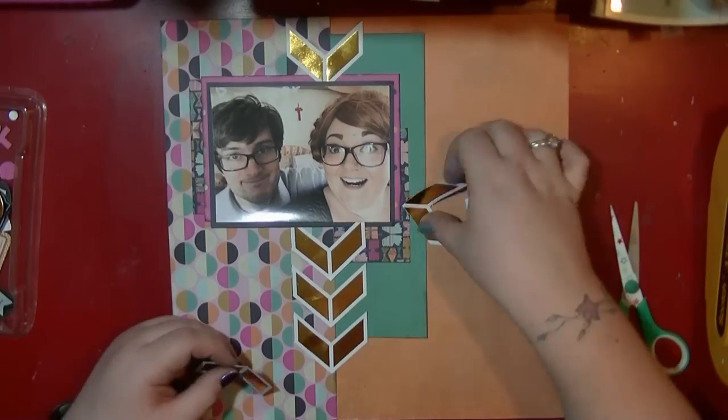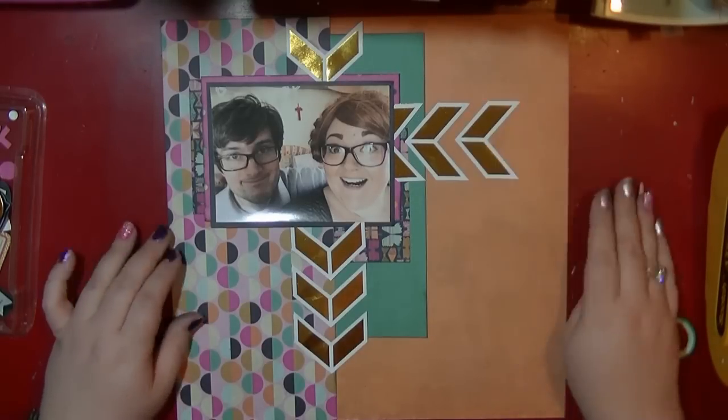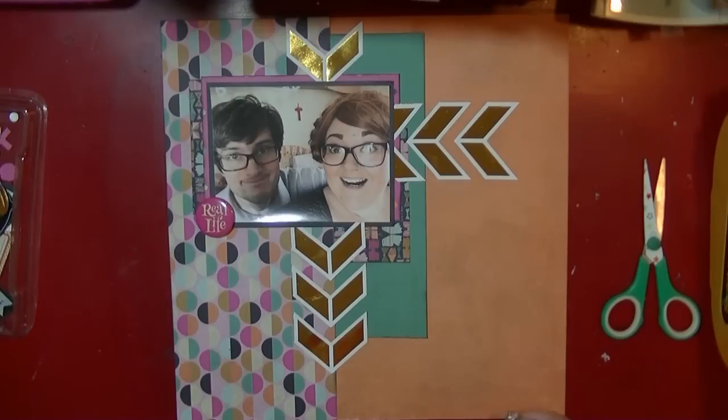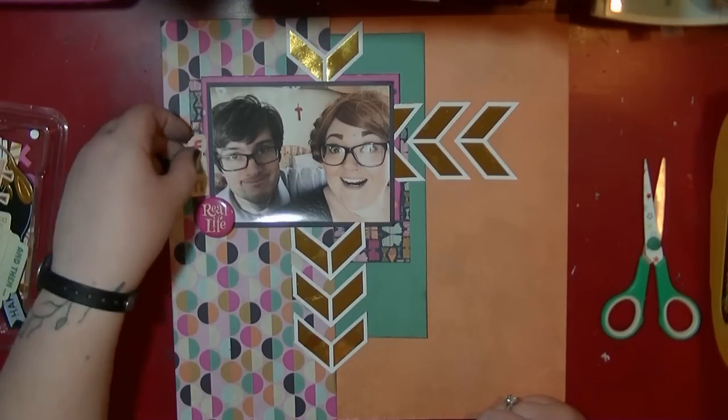I felt that I needed something to bring over to this side here, and again I'm just going to do the same sort of spacing, and I'm going to use that bottom piece for my title. I also had the flare that went in this collection, and this one says real life, and this is a picture